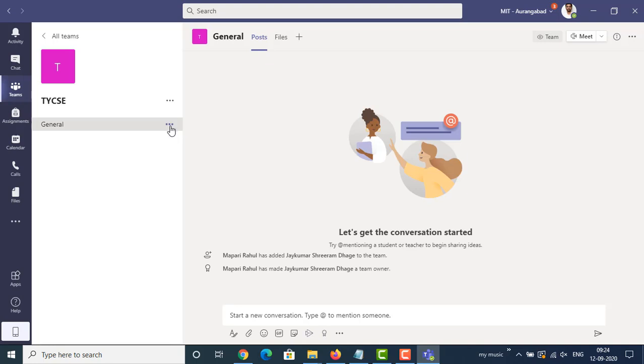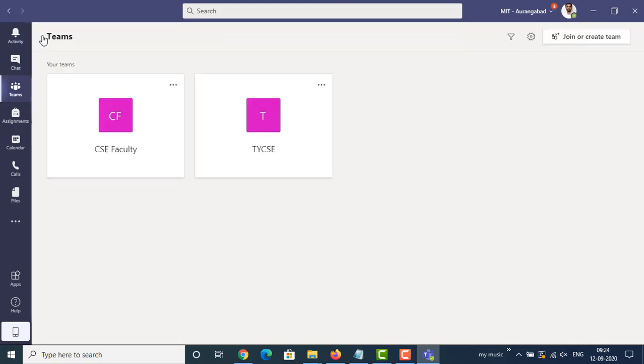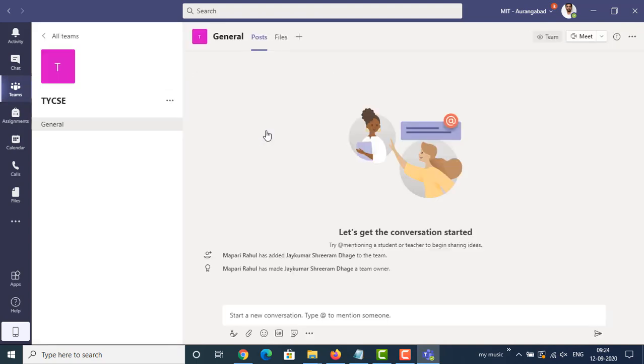Now if we want to search all our teams, then we simply click here and we can see this particular user is a member of these two teams, CSE faculty and TYCSE. Now if we click on this team, TYCSE,